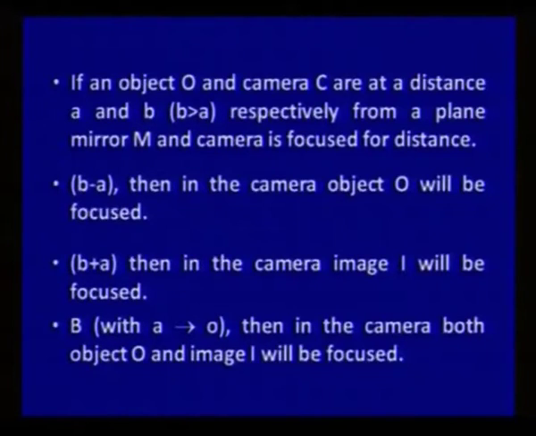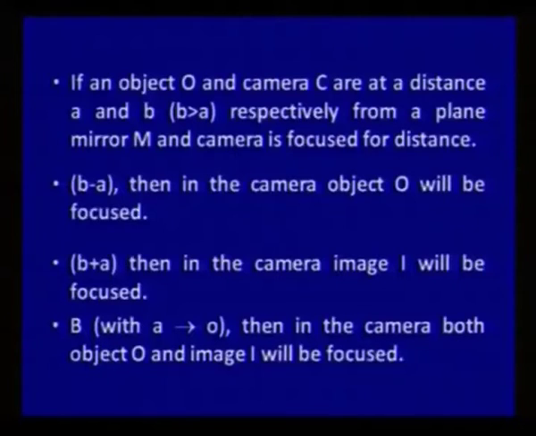We will not be able to take the image I. If the camera is focused for the distance B plus A, then in the camera only the photograph of the image will be focused. If we are taking A very small, tending to 0, then in the camera both object and image will be focused. So, this is very related to our daily life, how a cameraman can play with the